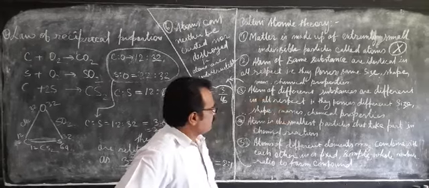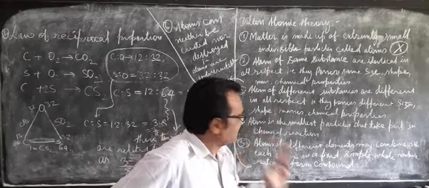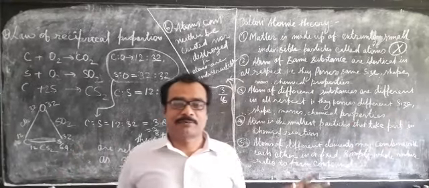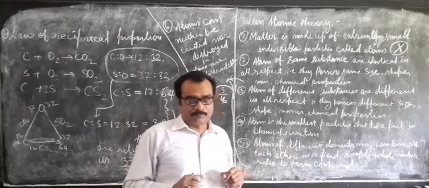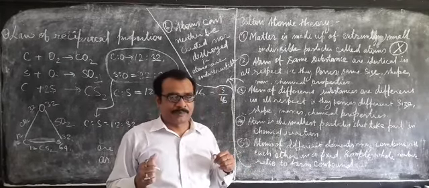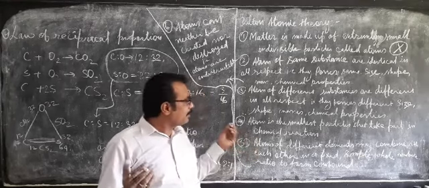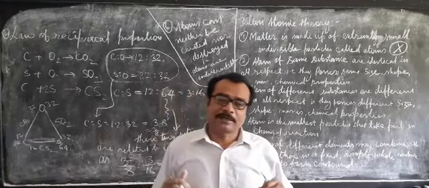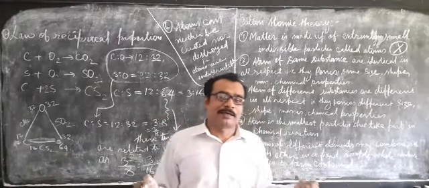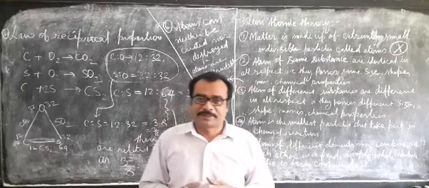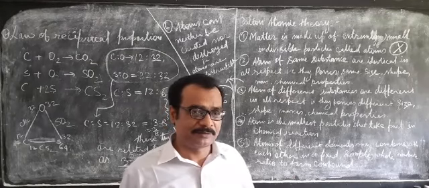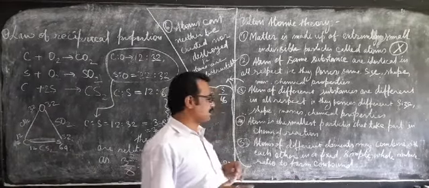Now the third assumption we are talking about: the atoms of different substances are different in all respects. Now compare the atom of iron and aluminium. Atoms of iron and aluminium have different shape. Atoms of iron and aluminium have different size. Atoms of iron and aluminium have different mass. Atoms of iron and aluminium will have different chemical properties. So it is known to everybody that it is different. So the third one is also correct even today.